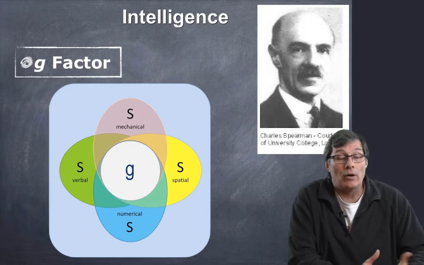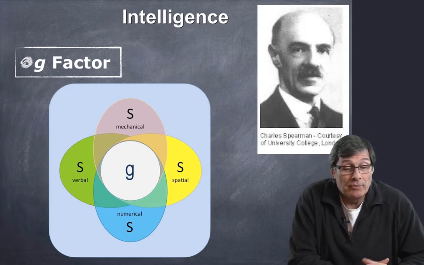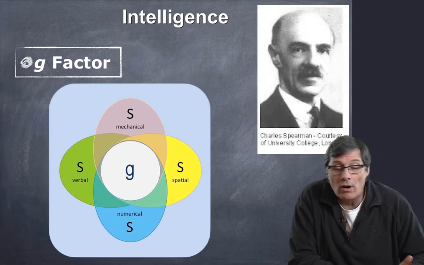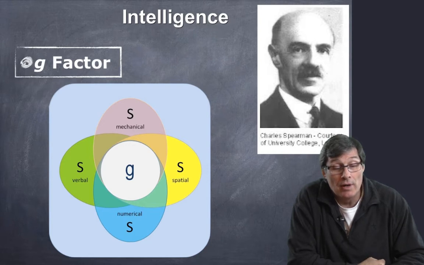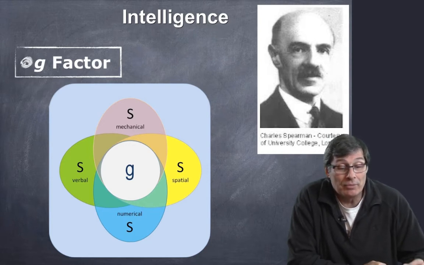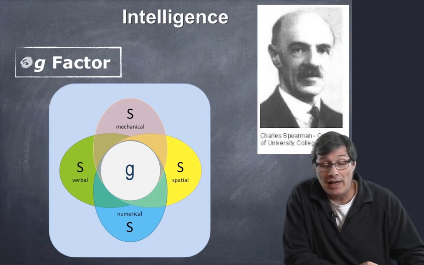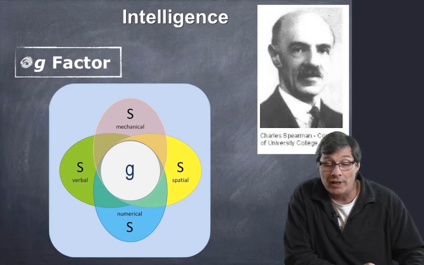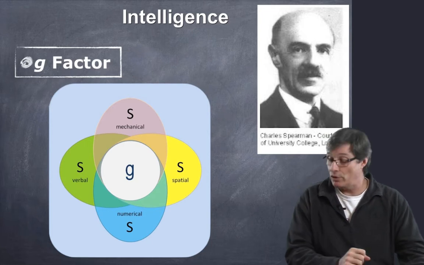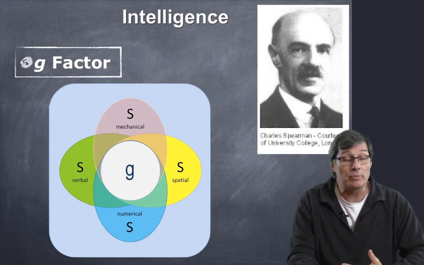He developed what he called the g factor, Spearman's term for general intelligence, an ability that underlies all mental operations to some degree. People who are bright in one area tend to be bright in others. The s factors were specific intellectual abilities. Spearman's influence is seen in intelligence tests such as the Stanford-Binet that yield one IQ score to indicate the level of general intelligence. Now he was one of the initial researchers into this area of intelligence, but he wasn't the only one.